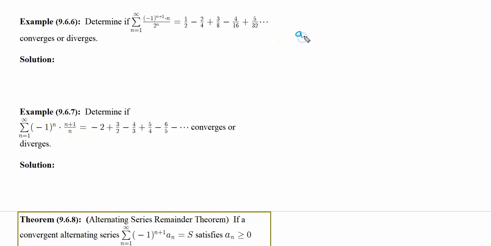Well, we can pretty easily pick off that in this case the a_n's are like that. Well, we see right away that condition 1 is not going to be satisfied here. If we look at the limit as n goes to infinity of n plus 1 over n, this is equal to 1, right? That does not equal 0, so we cannot